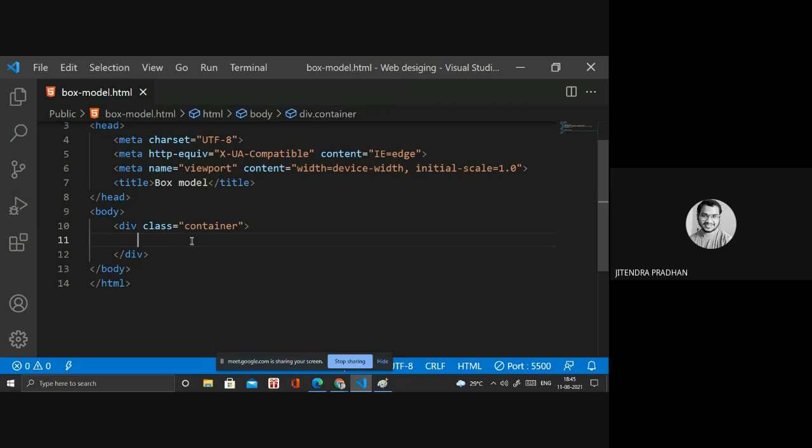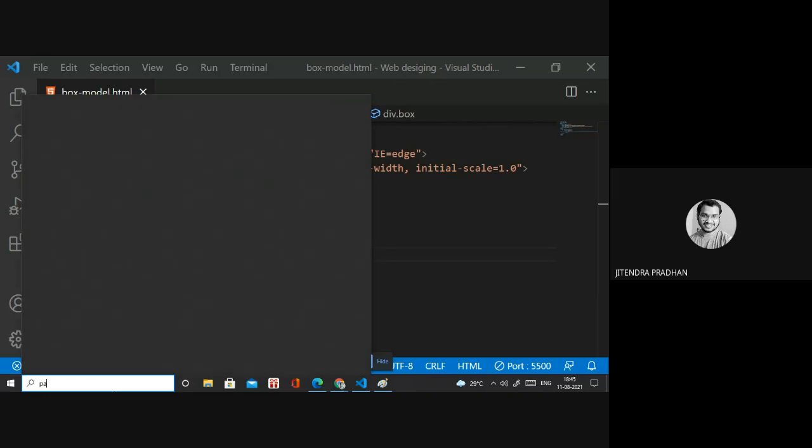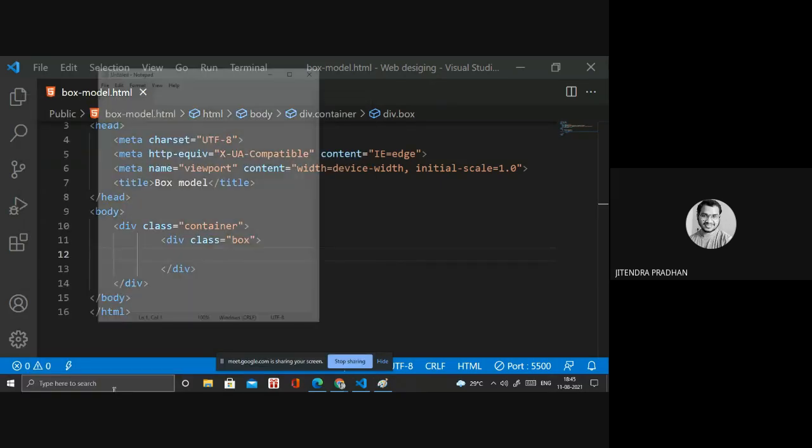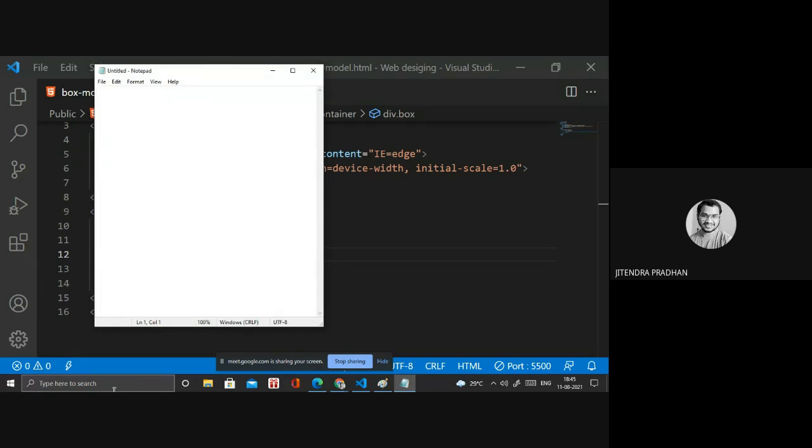Next, inside that I need another div. It's a box. Class name is box, right? Class name is box. Okay. So inside the box, I need to add some content. I will copy some content from the notepad, then I will show you.